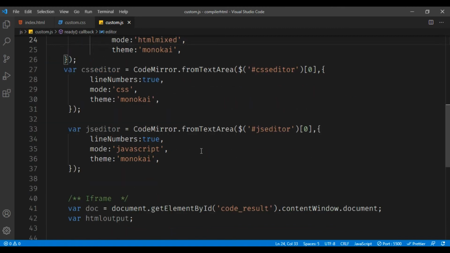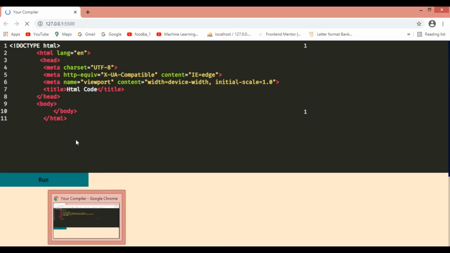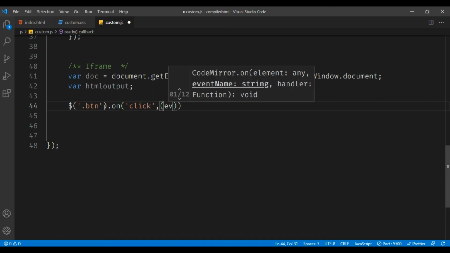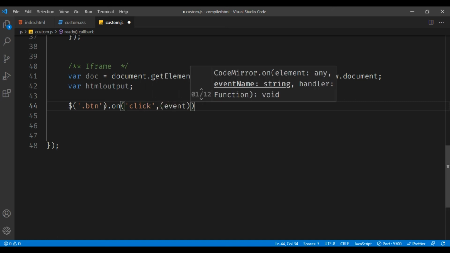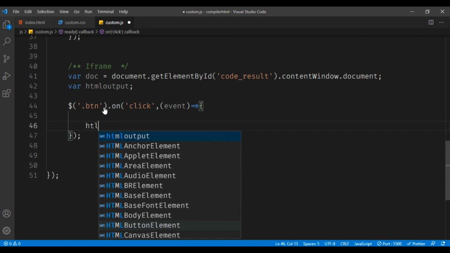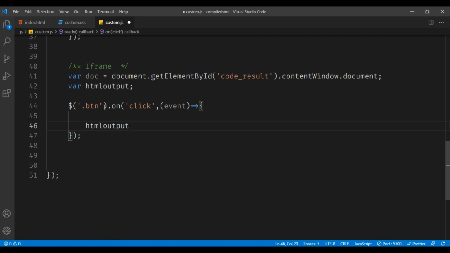Now we have to work with this button part. So I'll be saying dollar dot button dot on click dot event. Okay. Now I'll be testing this HTML output.